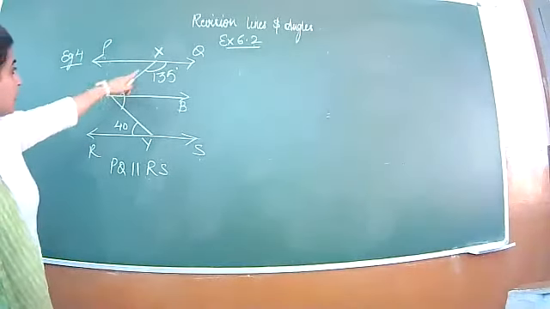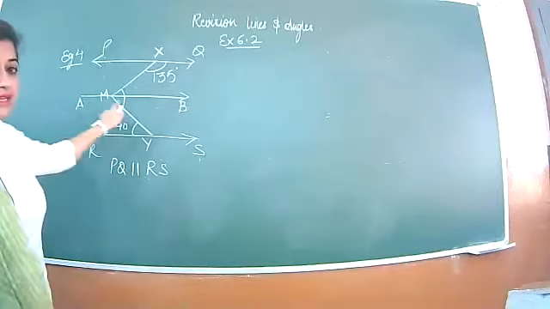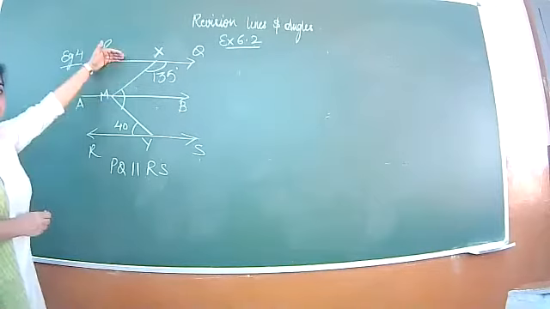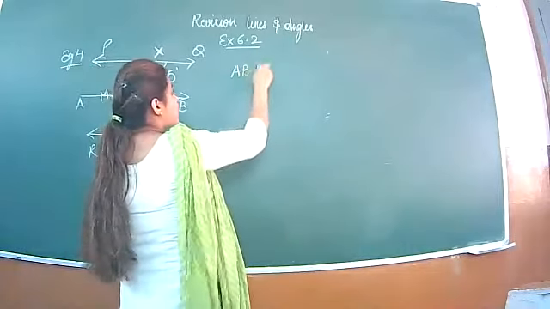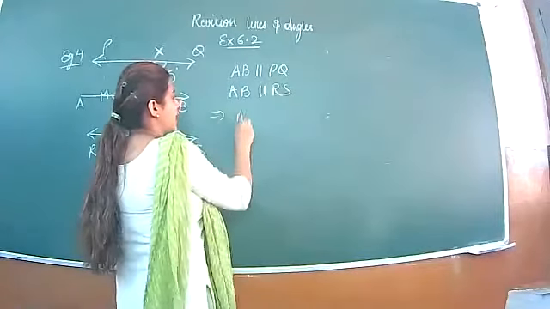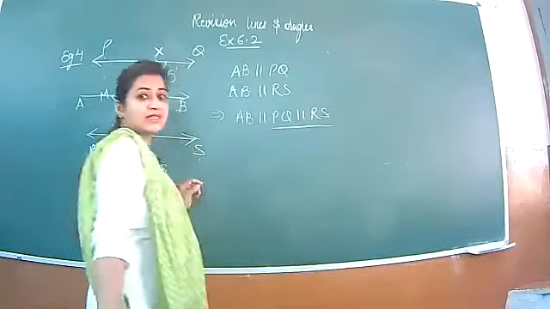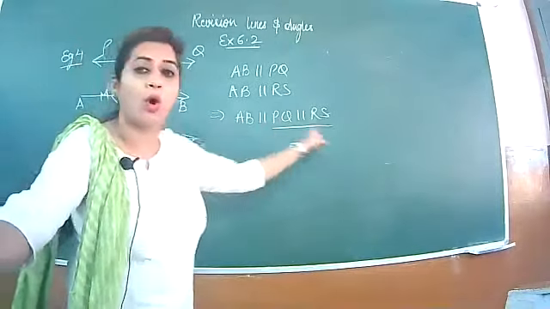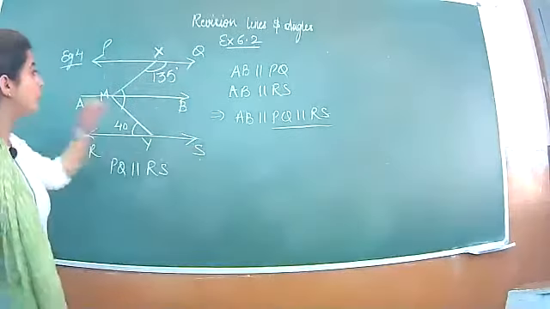Beta, in this question, you have been given these two angles. Line PQ is parallel to RS. We have constructed a line AB that passes through M and is parallel to PQ as well as RS. So if AB is parallel to PQ and AB is parallel to RS, can we say that AB is parallel to PQ is parallel to RS? Because these two lines are already parallel, and this is parallel by construction. So all the 3 lines are parallel to one another. Is it okay?